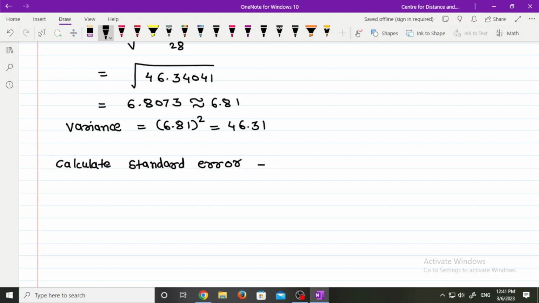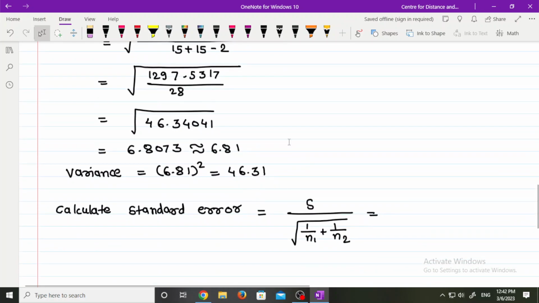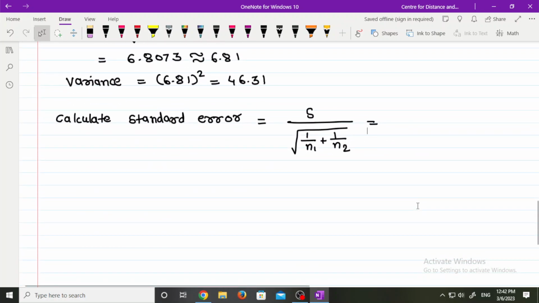The formula for standard error is S divided by the square root of 1 upon n1 plus 1 upon n2. Here S, that is our combined standard deviation, is 6.81, divided by the square root of 1 upon n1, that is 15, plus 1 upon n2, that is 15, which is equal to